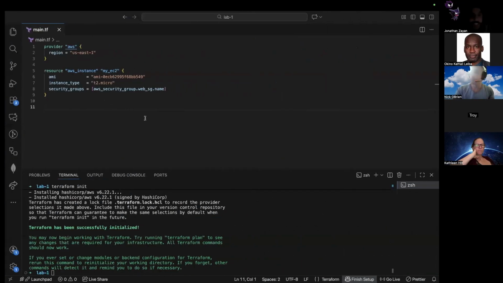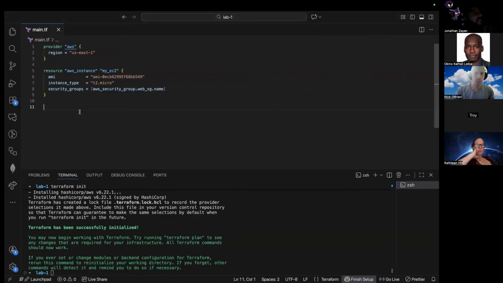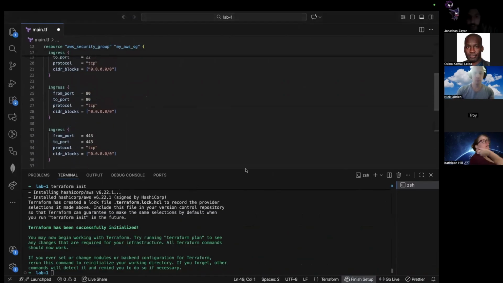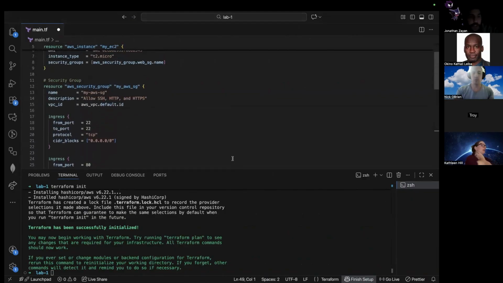All right, cool. So here we've established the instance, and then what were we doing after the instance? Okay, we were just talking about blocks briefly. Oh, security groups, which we didn't add yet. So for the security group, I'm going to just copy and paste this whole thing instead of typing it out. This is essentially what we were just looking at. So let me push this down a little bit.